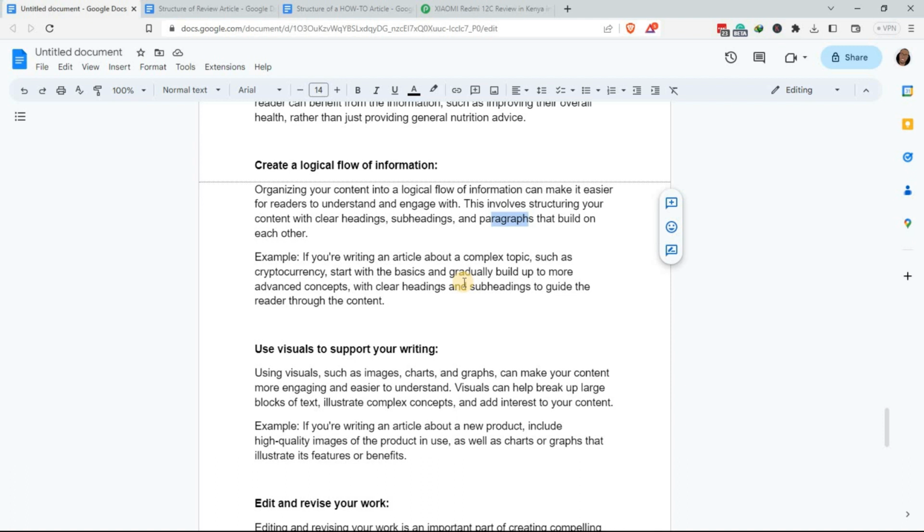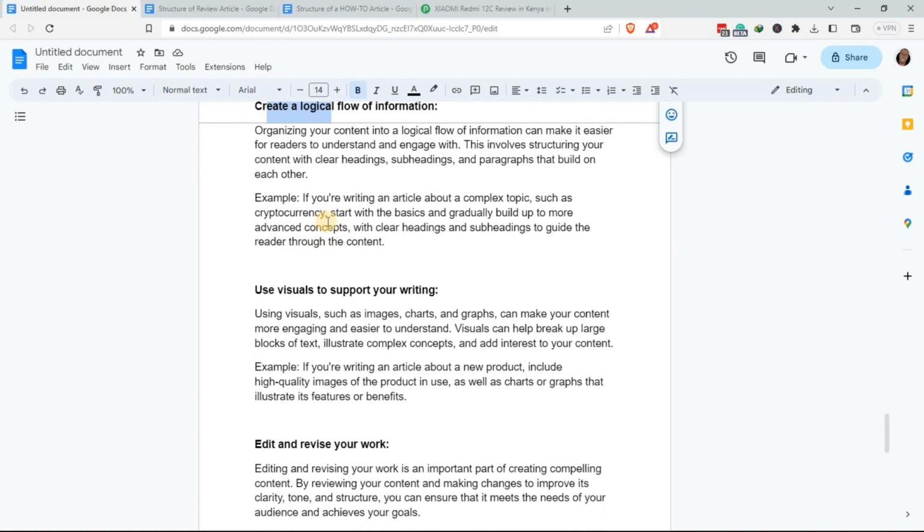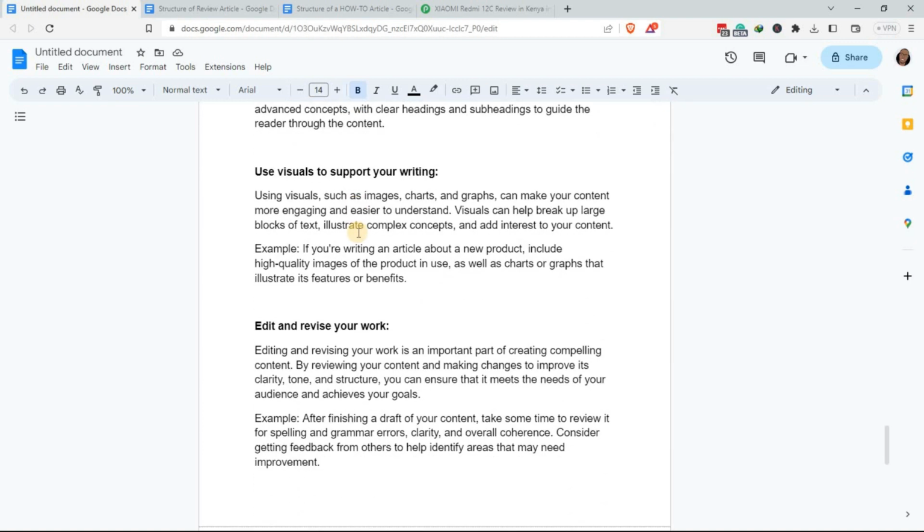That's why you need that content outline. It helps you build this logical flow of information. So for example, if you're writing an article about a complex topic such as cryptocurrency, start with the basics and gradually build up to more advanced concepts with clear headings and subheadings to guide the reader through the content.